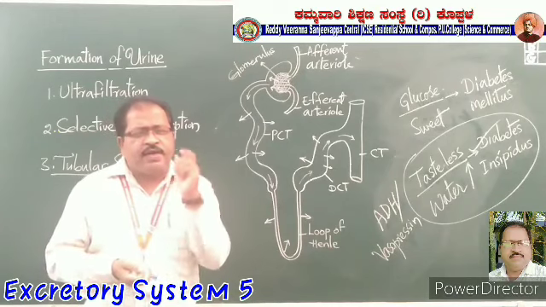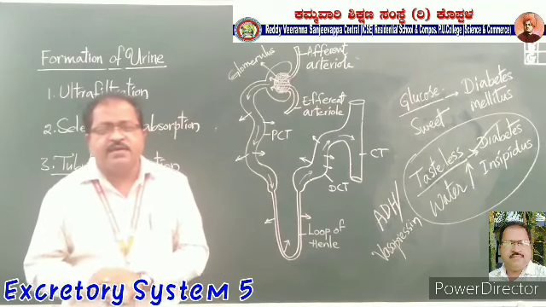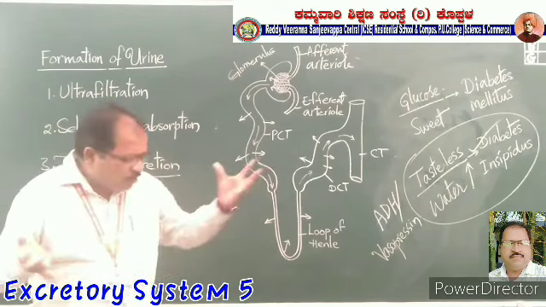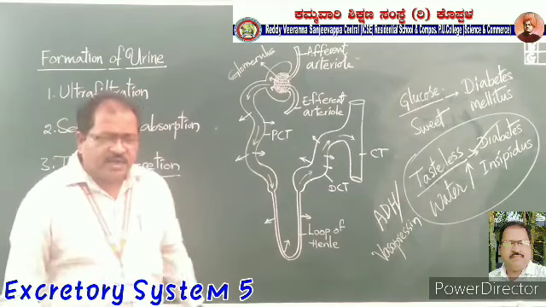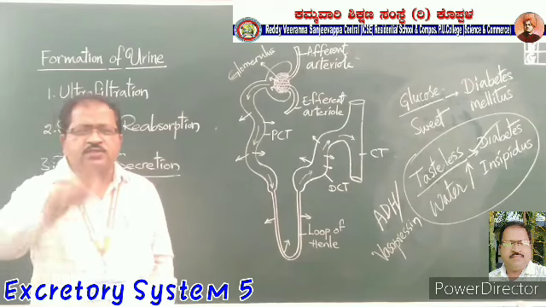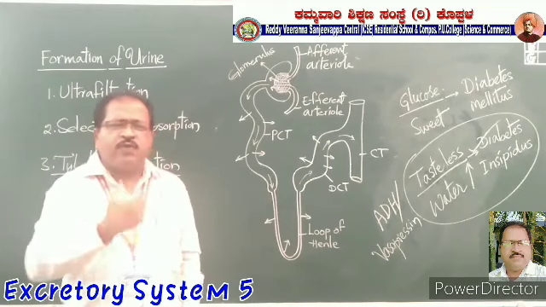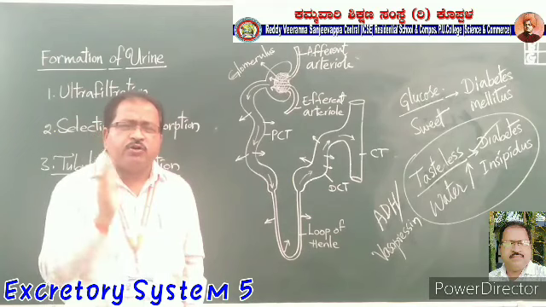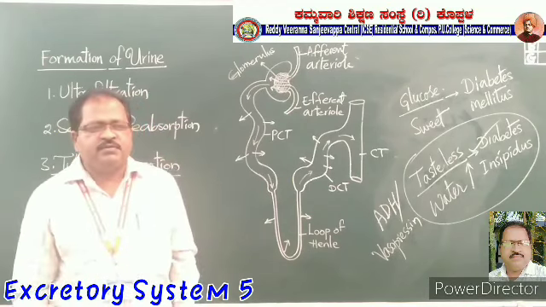And there are some diuretics, that means water-content food materials like apples. All the fruits have water content. The food we take daily also has water content, and the liquids we take daily also have water. These all together are called diuretics. These will supply a lot of water to our body. Okay, water plays an important role in the functioning of the kidney.